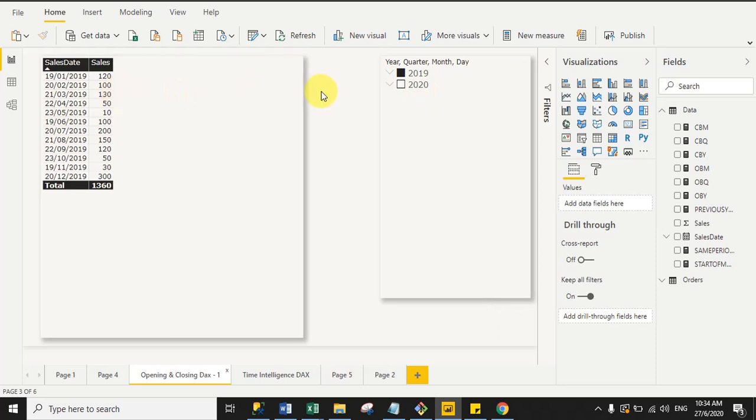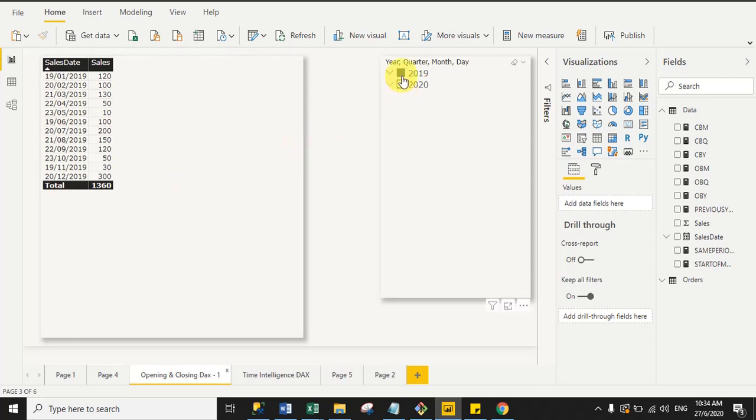And if you notice, right now I selected the 2019 year, and under that year we have some sales. And if you notice, in every month we have a single day sale. So see here, in January we have 19 January sale, in February we have 20, in March 21, and in April we have 22 April sale, in May we have 23 May sale, in June we have 19 June, and same for December we have 20 December sales, right? So in the whole year and every month we have a single day sale. It could be a whole month sale or 2 or 3 day sales in every month, but in our case we have a single day sale in the 2019 year.